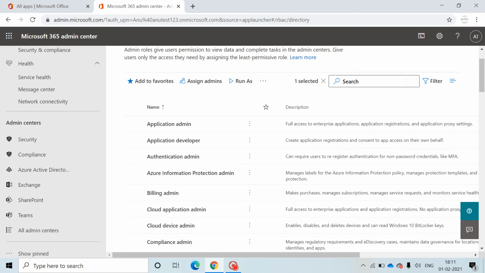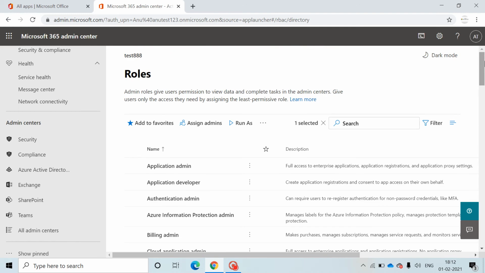It's upon you. If you want to learn more, then you need to know about these features. For now, we are okay with whatever we just saw. So what we saw today is different admin roles, how to assign different admin roles when you create a user, what is security defaults and why you don't need it and why you should disable it.